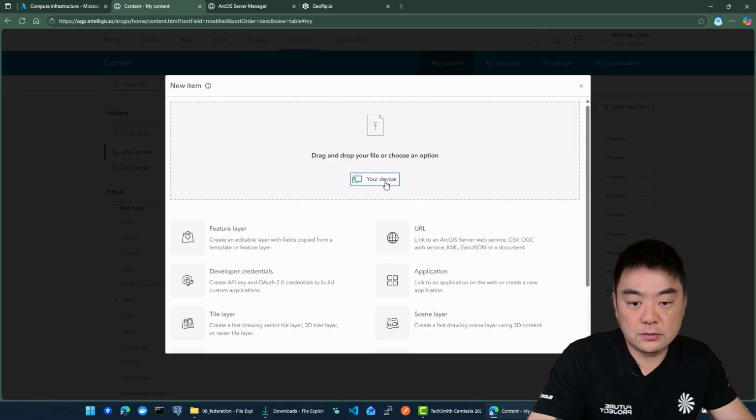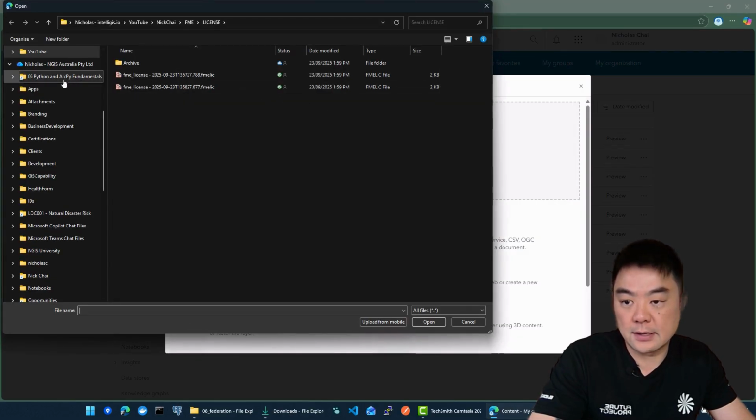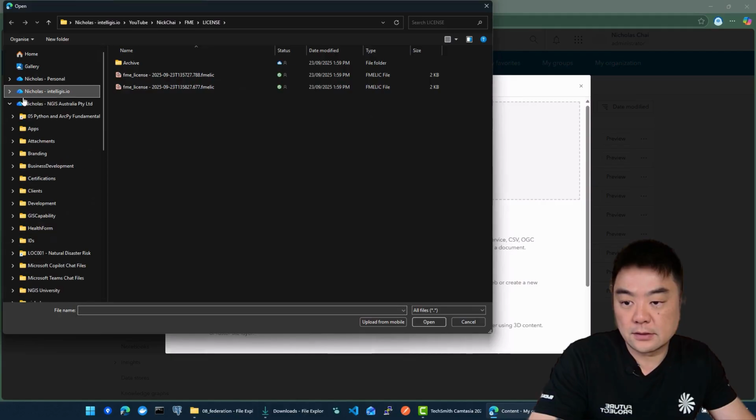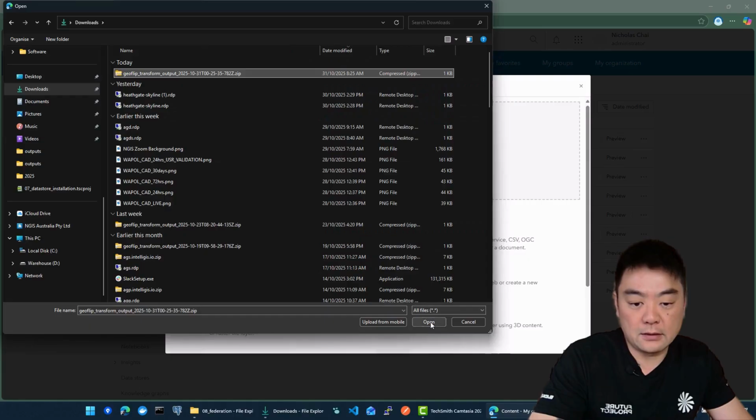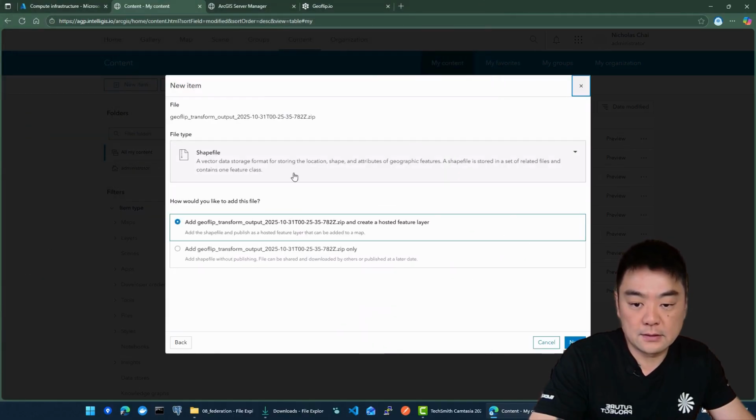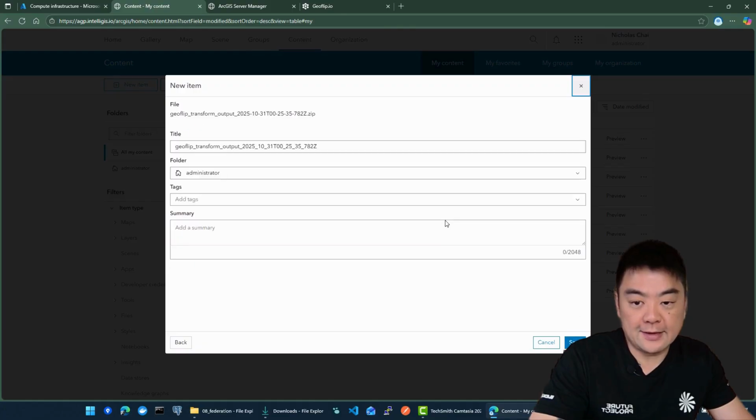Then we go back to Portal, go to your device, and we need to look at downloads. Go grab that file. Go open. All right, and it recognizes it as a shapefile. We're going to choose to have it as a hosted feature layer because we can now. We've got